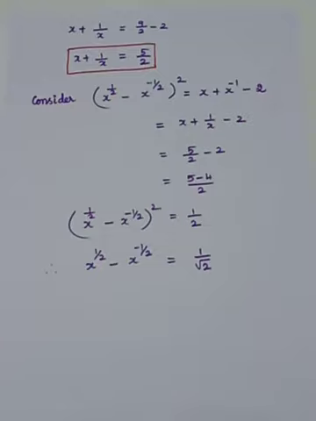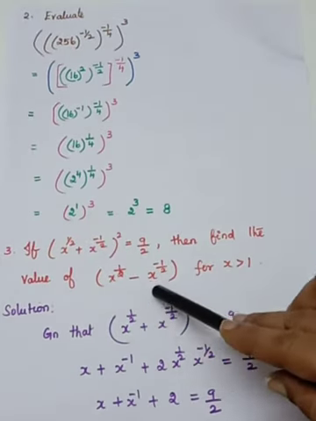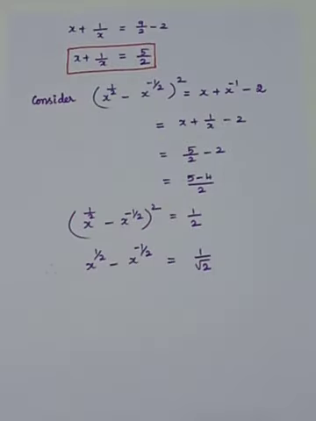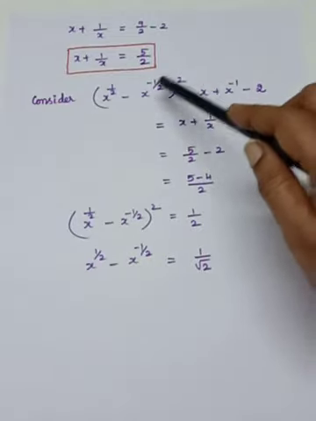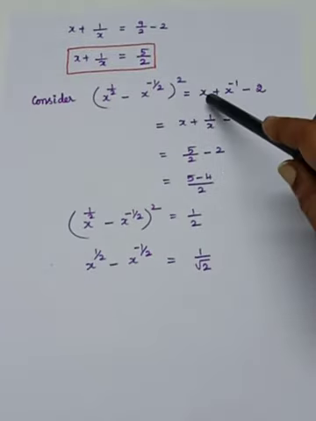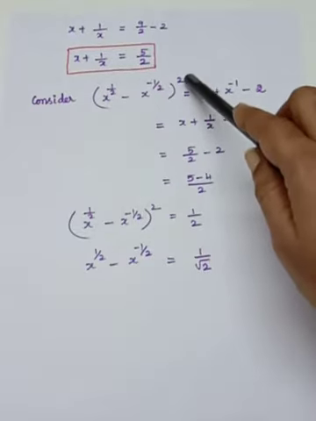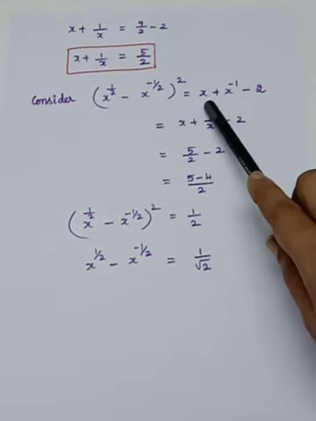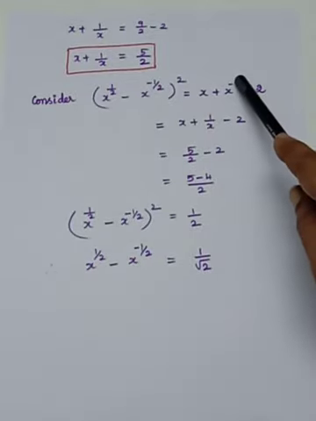Which result do you have to find? You see that you have to find the value of x power 1 by 2 minus x power minus 1 by 2. You consider the result first and square it. (x power 1 by 2 minus x power minus 1 by 2) the whole square. Now it is in the form of what form? (a minus b) the whole squared. Apply the formula a squared. So it is (x power 1 by 2) the whole squared. So 2 in the numerator and the 2 in the denominator getting cancelled. You are having x plus b squared, the same way. So here you are having x power minus 1.